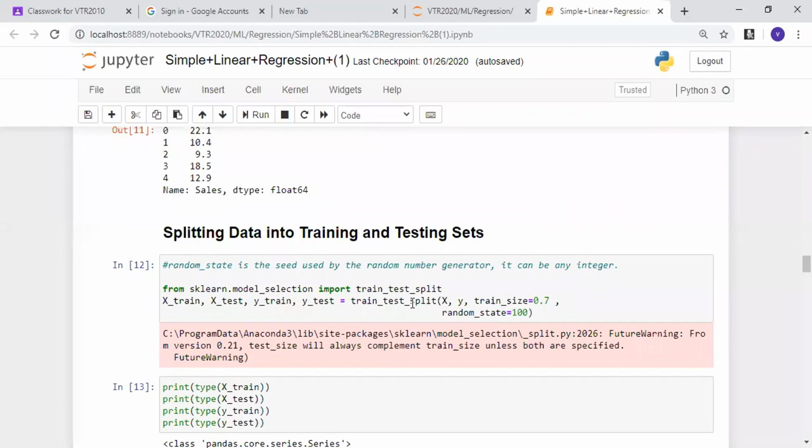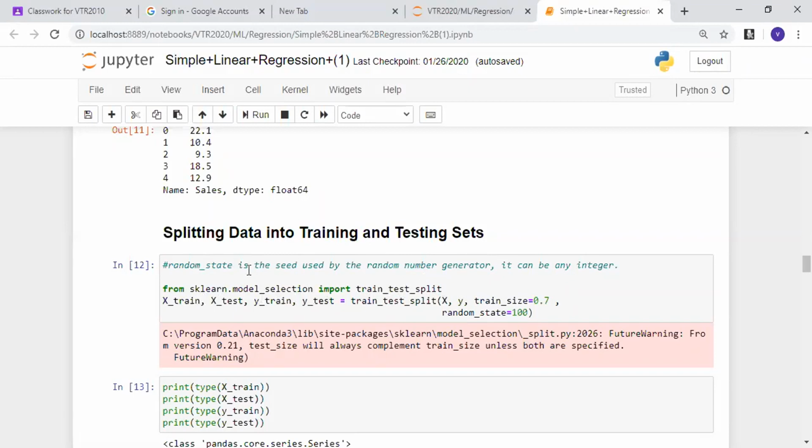So what I do is I select a function by name train test split, where automatically it will take the dependent and independent variables. Then it will give me the training set and the testing set. For example, I'm using the train test split function and I'm saying x train, x test, y train, y test. If you have any questions, I'll come to it. Don't worry. I'm passing my dependent variable and my independent variable.